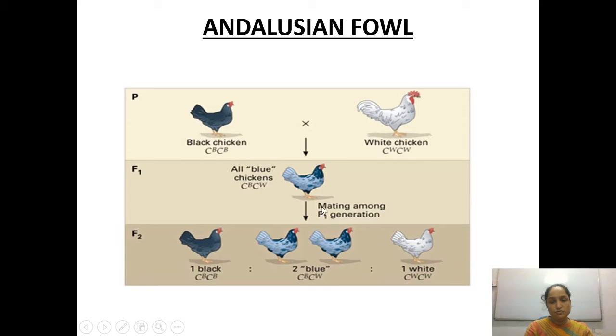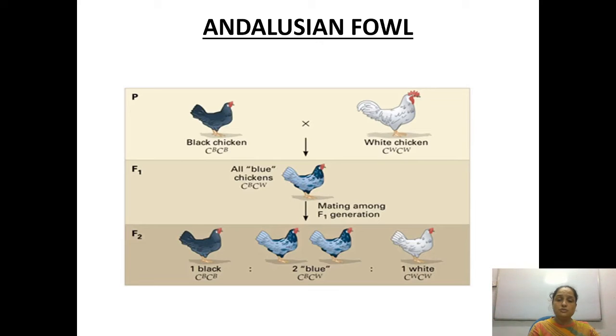So when you get the F2 generation by mating between the F1 generation, you will get a 1:2:1 ratio. Okay, so when you make the cross, you are able to see that if you make a cross between the blue hybrids only, then you also get black and white in 25%, which is not of any use to you. But here you get the blue, only two in number. So these are basically not in demand, but this one is in demand. That is the reason they are enhancing the production of blue chickens.